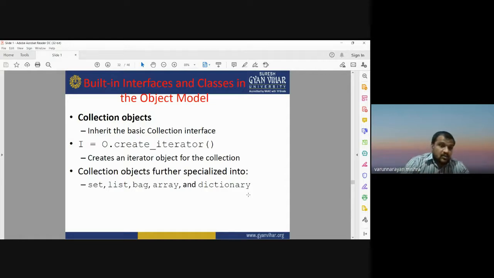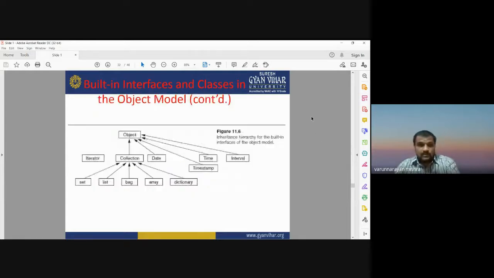The collection objects are further specialized into set, list, bag, array, and dictionary. So this is how objects are collected, under specialization based on set, list, bag, array, and dictionary. These are the built-in interfaces and classes in the object model.